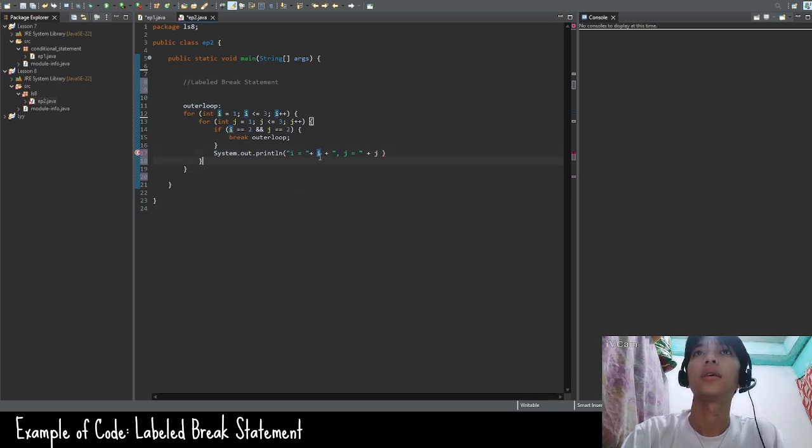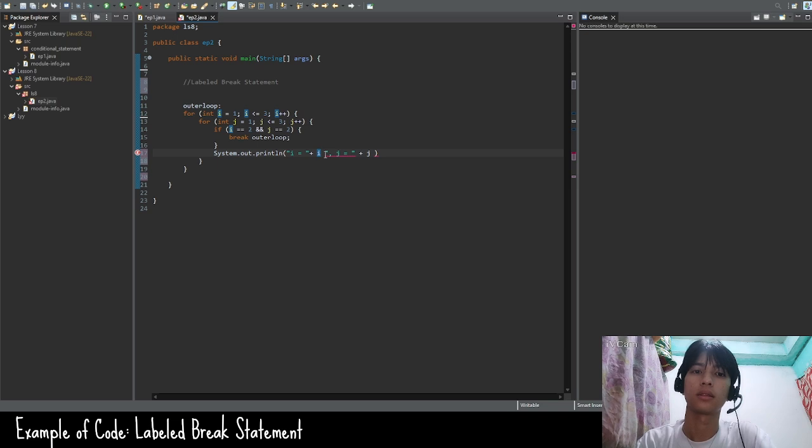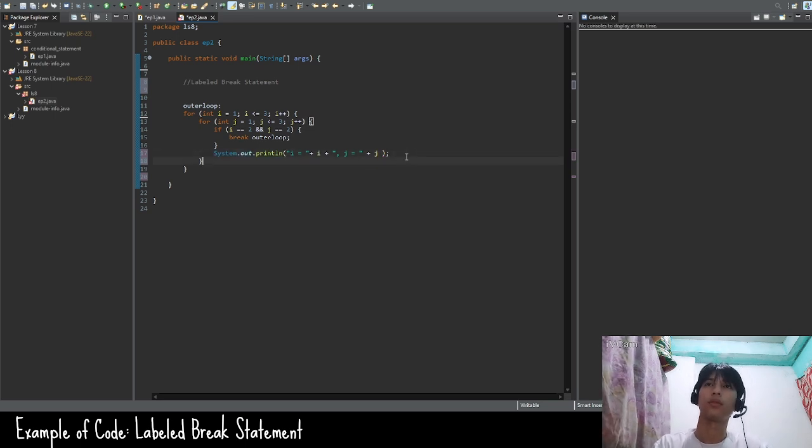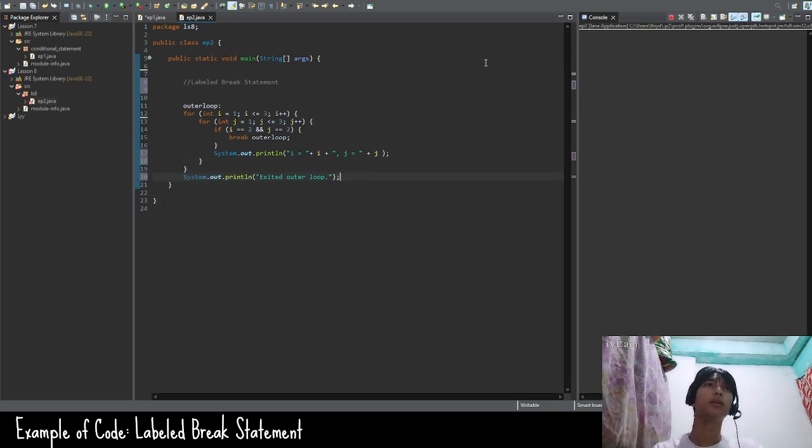I is equal to I plus, pala natin. Plus I. J is equal to J, then there. Yun. Okay. Then system, mag-call out naman ulit ng system, and then for exited outer loop, para magpiprint to pag nag-exit na ng outer loop. Okay, let's run it. Okay, yan. So bale ang explanation here is